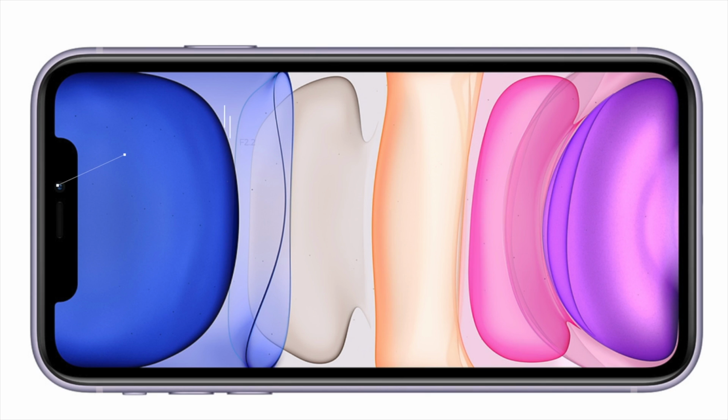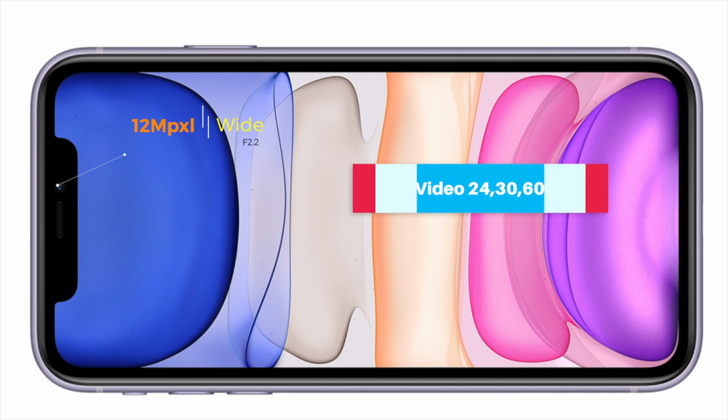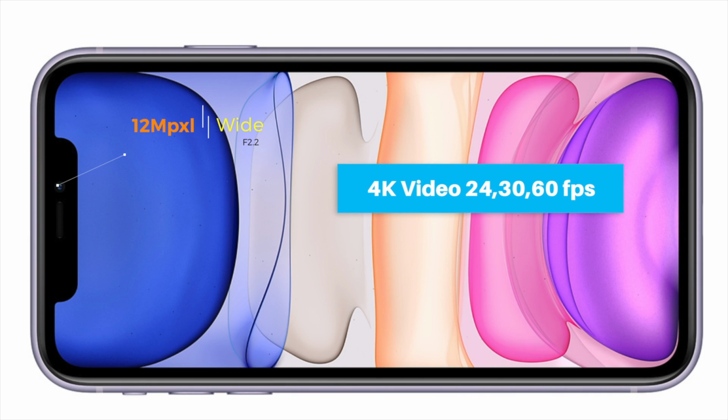On the front, iPhone has a 12 megapixel selfie camera with f2.2 aperture. It also has a wide angle in the front. And the good thing is that iPhone can record from the front camera also 4K videos with 24, 30 or